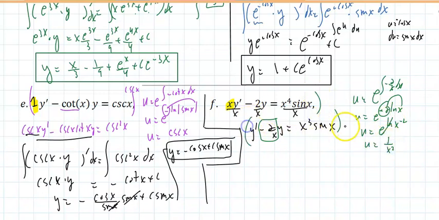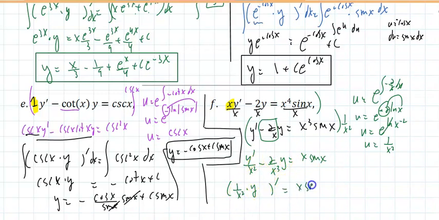So multiply this by 1 over x squared. This becomes y prime over x squared minus 2 over x cubed times y equal x sine of x. And this is guaranteed to become the derivative of, let me think, 1 over x squared times y, or y over x squared. So derivative of x to the negative 2, that works. And if I integrate with respect to x, I will get